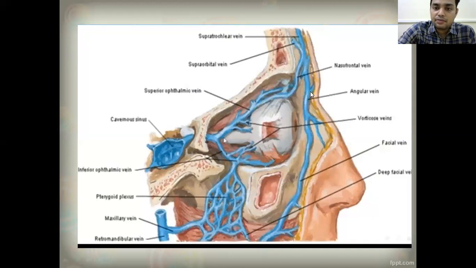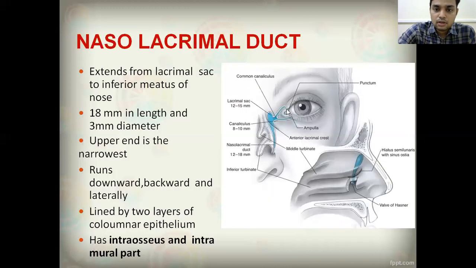So here we have the angular vein. Here we have the medial canthus. Normally the vein is positioned at 8 mm from the medial canthus, but sometimes there is a chance of tributaries which come closer, at the level of 3 mm from the medial canthus. So in order to prevent rupture of the angular vein, whatever skin incision we give in sac surgeries should be within 3 mm from the medial canthus.